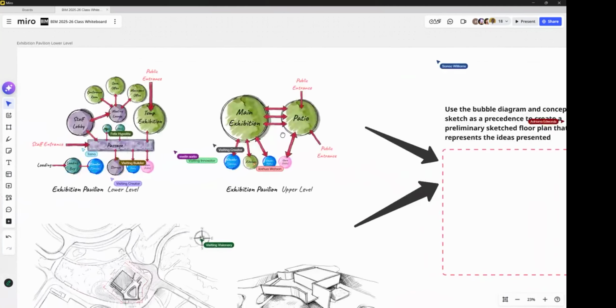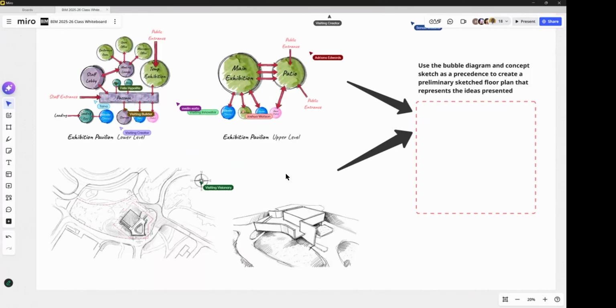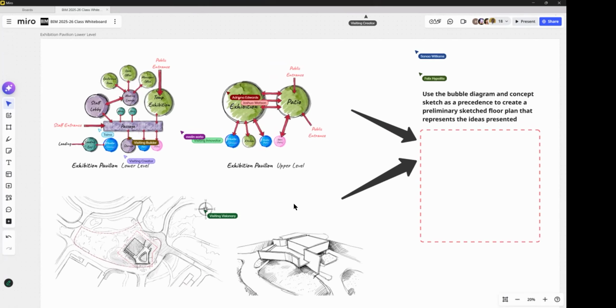But look at the bubble diagram and you come up with an idea. Now, this is something that may even happen. You could be a part of a small firm, or maybe it's somebody who is just starting out and they ask you, hey, can you come on my team? And they come to you and they say, hey, I have this idea from the client. I know you are doing the drawings, but